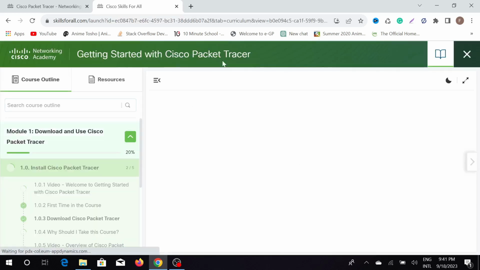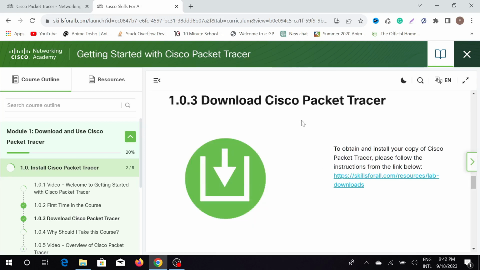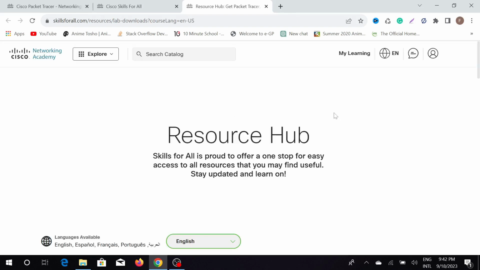And here it will bring you to this page. This is the course, and here on the page just search for the download option, and this is the download option. Download Cisco Packet Tracer. Just click this link here, and after clicking this link, wait a few seconds, and